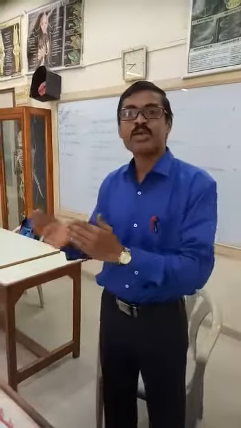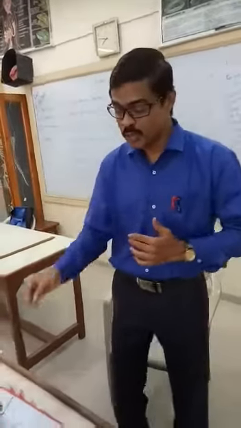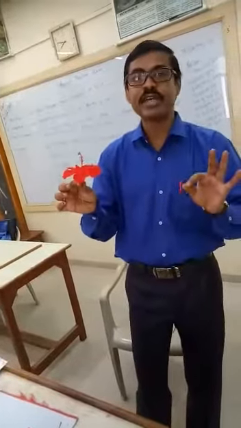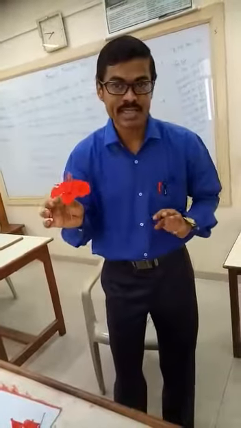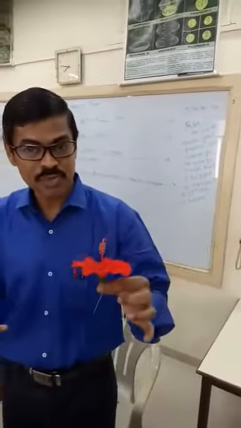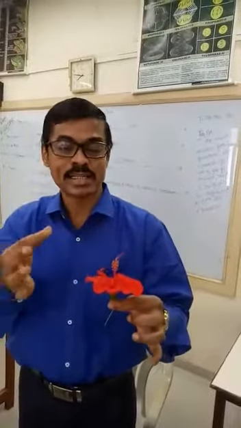Firstly, to carry out the dissection, we can use the China rose flower, otherwise called the shoe flower, scientific name Hibiscus rosa sinensis. Now usually I prefer Hibiscus rosa sinensis, as you can see very clearly the different parts of the flower and you can easily dissect each of the parts.